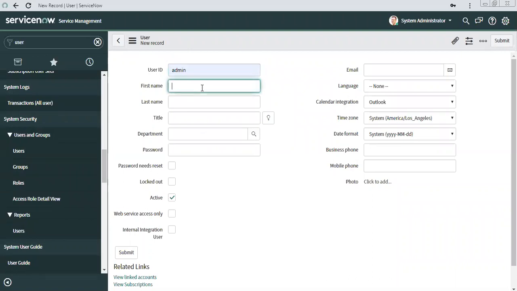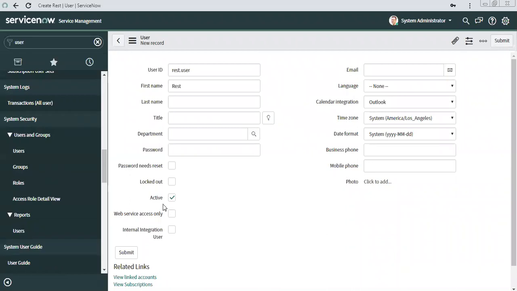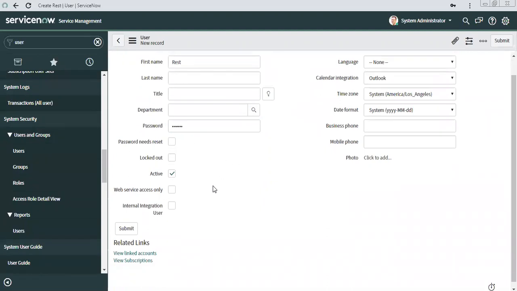I will put test user and set a password. I will save this.